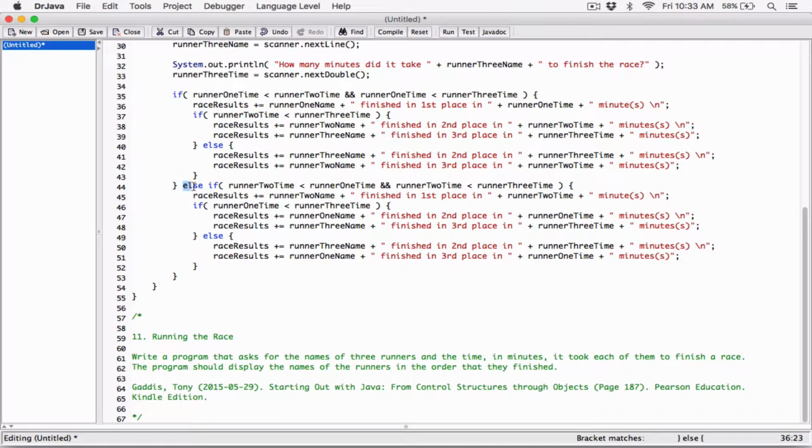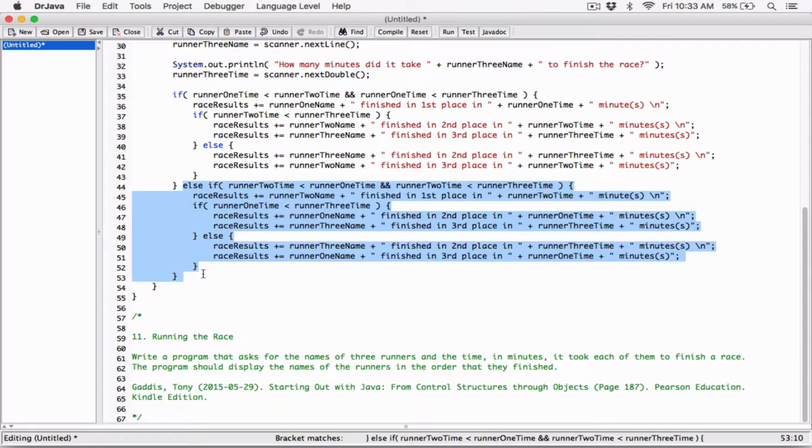Else, it's going to check if runner 2 finished first. If runner 2 finished first, it's going to add to the string and say runner 2 finished first, and it's going to check to see who came in second and third too. Now we need to check for when runner 3 came in first place. Okay, so I'm going to go ahead and put an else if again, but I'm going to just copy all of this, including all the way to this block. Copy all of it